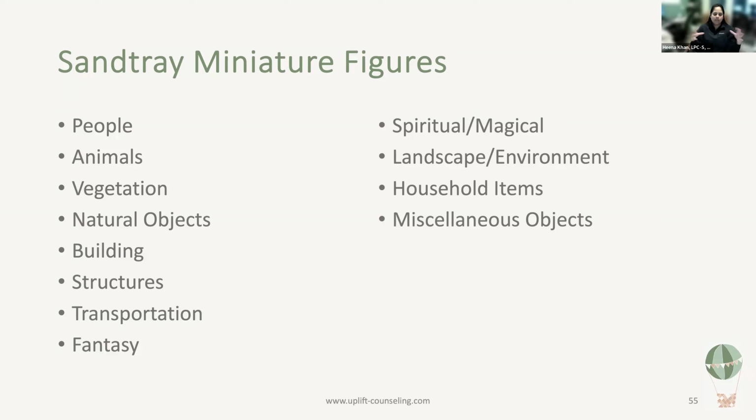I'll see that with, like, we have a mailbox-looking thing, and the things that kids will put in the mailbox, or we have another toolbox, and the things that kids will put in there. So containers are great. Again, metaphorically, what are kids, teens, adults, adoptees, anyone from the adoption triad trying to contain, trying to put away, trying to hide, trying to not see, or don't want others to see, right? So definitely have some different sizes and types of containers. That's going to be really, really great.